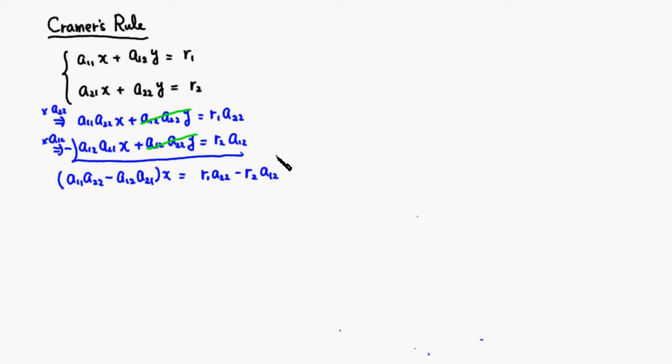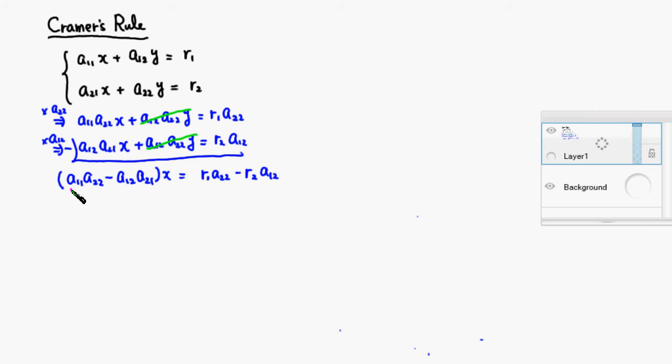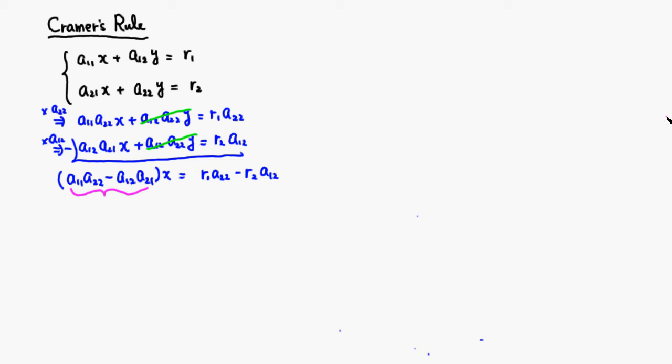Then you notice that this looks familiar. See if we can write this in terms of a determinant. This is actually exactly the same thing as the determinant of a matrix